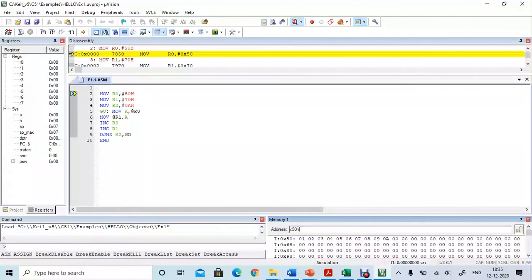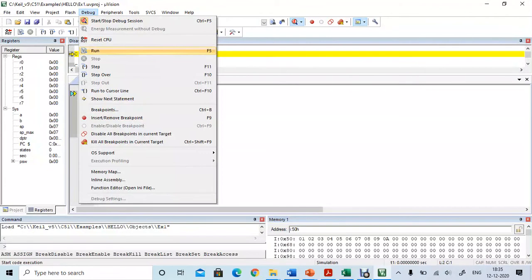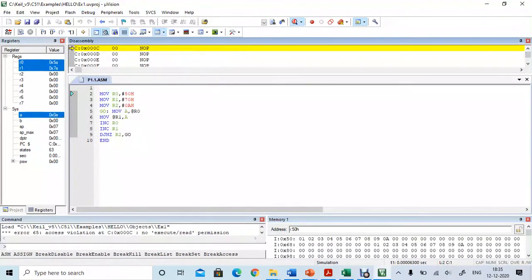Next we have to see the output in 70H. The data will be copied to the location 70 to 79H. Currently it has 0 value. Now I have to click on debug run. Now we have to check the output in 70 to 79H.